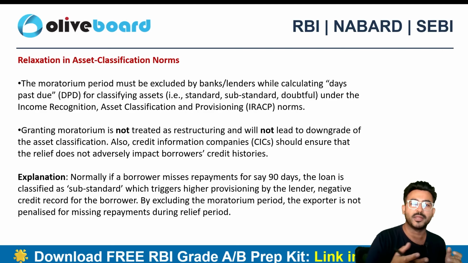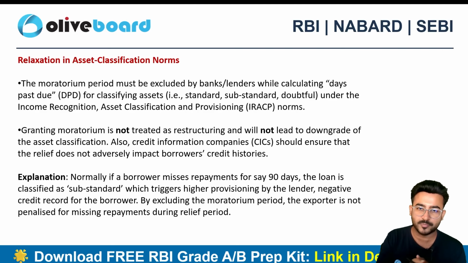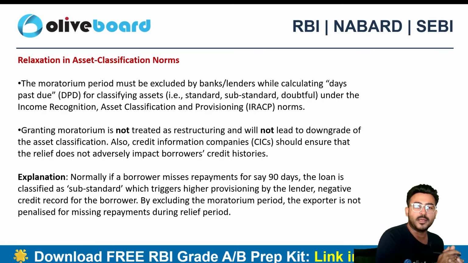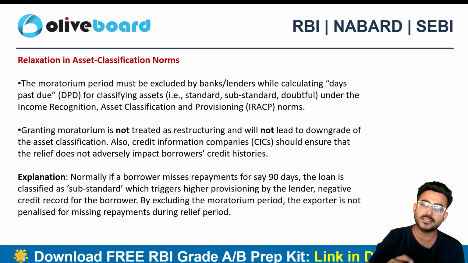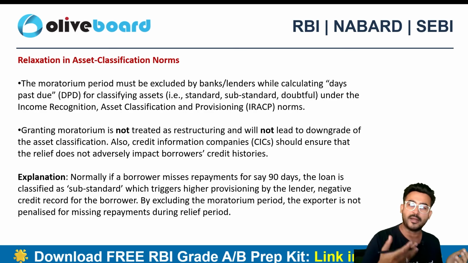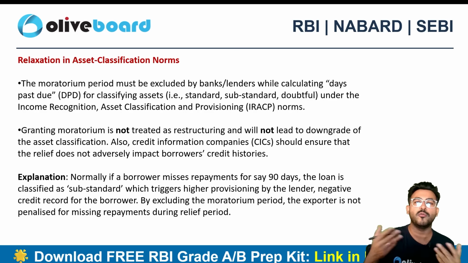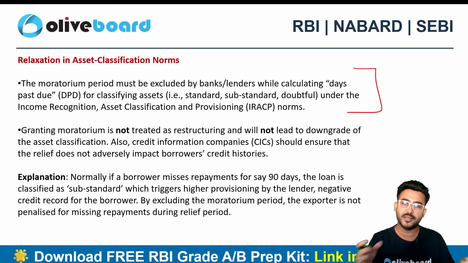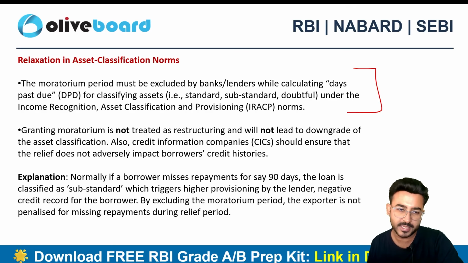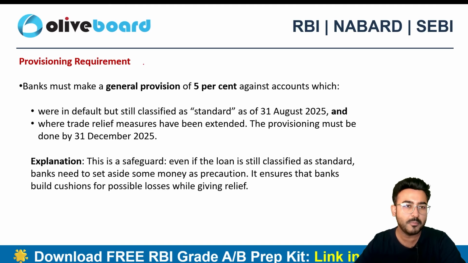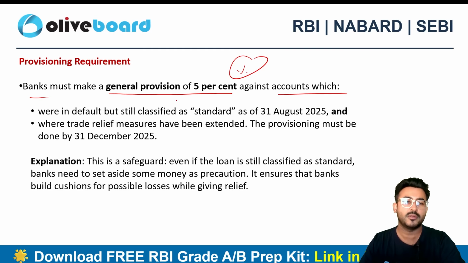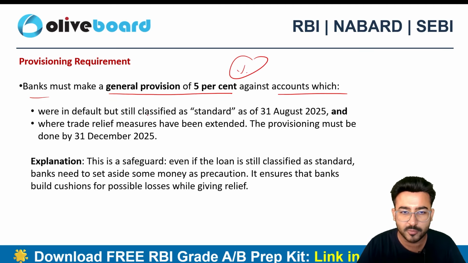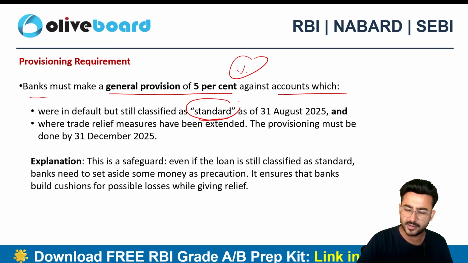अच्छा, अभी मॉरेटोरियम पीरियड आपको मिल रहा है, तो क्या आपका जो असेट क्लासिफिकेशन है एज पर दी इनकम रिकॉग्निशन एंड प्रूडेंशियल नॉर्म्स, राइट, सो क्या ये भी चेंज हो जाएगा आपके प्रूडेंशियल नॉर्म्स के हिसाब से? तो नहीं होगा, आपका असेट जो है वो स्टैंडर्ड असेट ही रहेगा, राइट। बैंक उसको स्टैंडर्ड असेट ही क्लासिफाई करेगा, बिकॉज मॉरेटोरियम पीरियड्स आर ऑलवेज एक्सक्लूडेड, ऐसा हमने हमेशा क्लासेस के अंदर भी पढ़ा है, राइट। सो ये हमेशा एक्सक्लूडेड होते हैं, तो आपका डिफॉल्ट ही नहीं माना जाएगा, आपको क्लासिफिकेशन में सब स्टैंडर्ड पे नहीं लेके जाया जाएगा। ओके, बट बैंक नीड टू मेक अ जनरल प्रोविजन ऑफ 5% अगेंस्ट द अकाउंट वेयर इन द डिफॉल्ट बट स्टिल क्लासिफाइड एज स्टैंडर्ड।